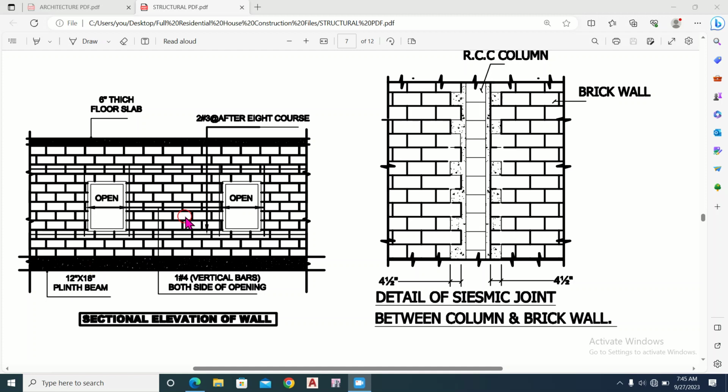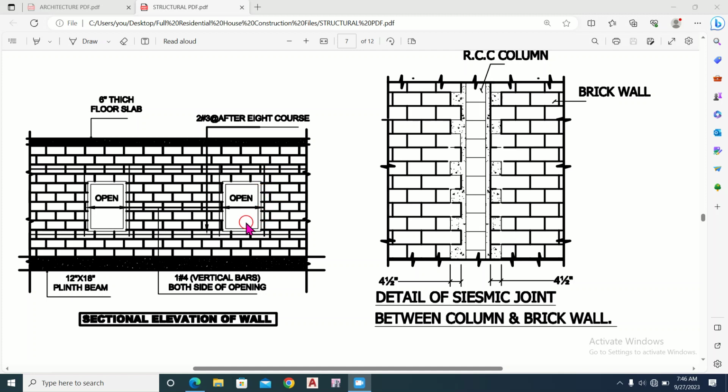As you can see, this is the brick wall, and these are the openings in the brick wall. It is the plinth beam, and this is the slab. It has a thickness of 6 inches, and here at the opening we have to provide two vertical reinforcement bars on both sides,